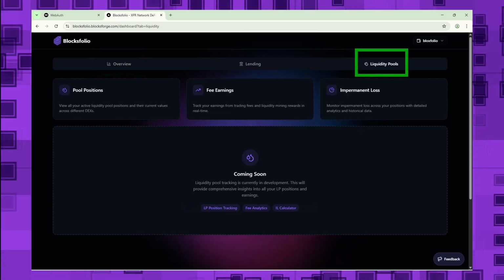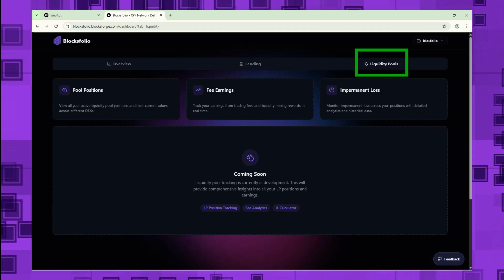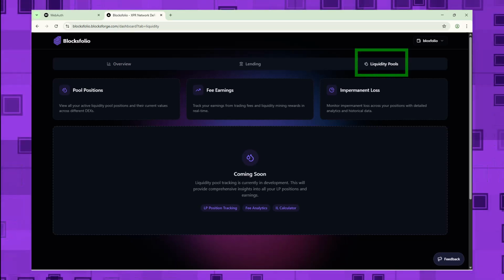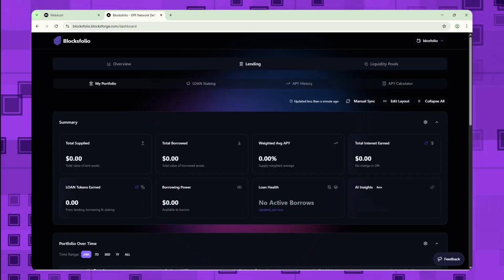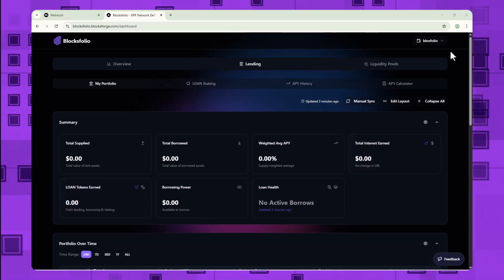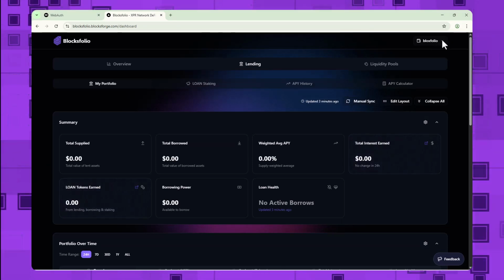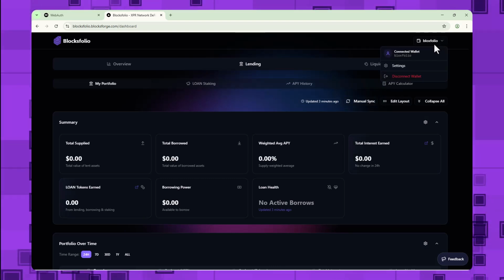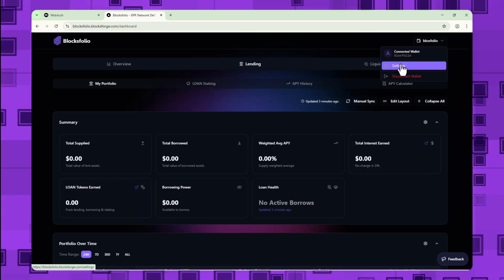The Liquidity Pools section will provide comprehensive insights into all your LP positions and earnings. Once development on these areas is completed, we'll also cover them in dedicated videos. Now let's move on to the settings of our Blocksfolio profile, where you can manage your account, subscriptions, and module-specific